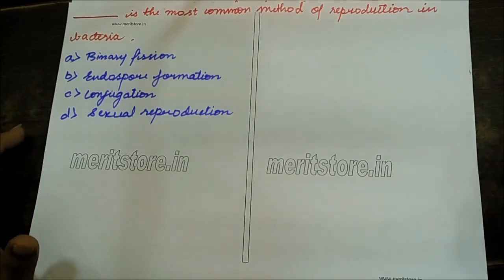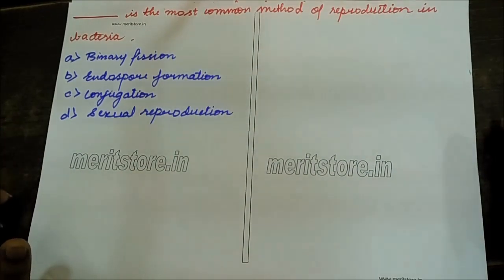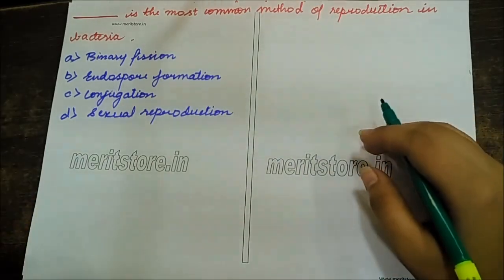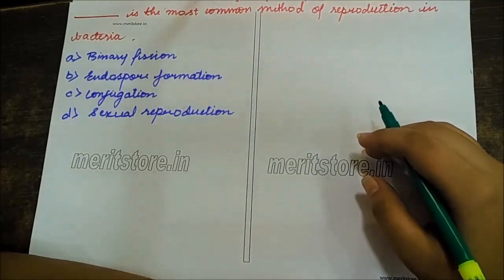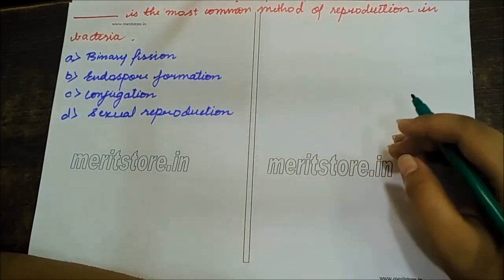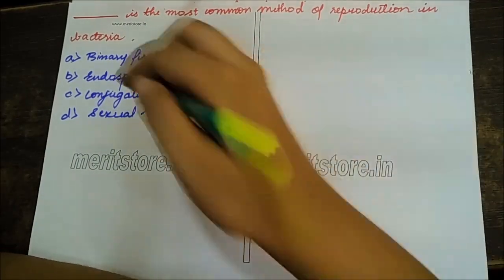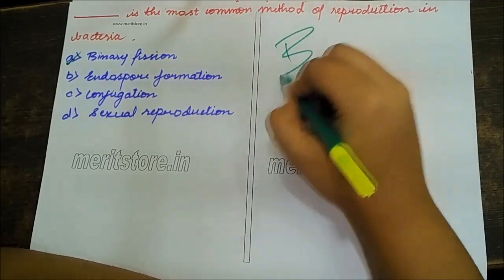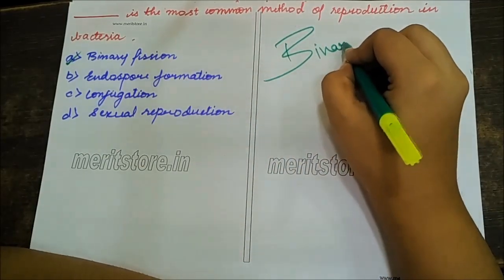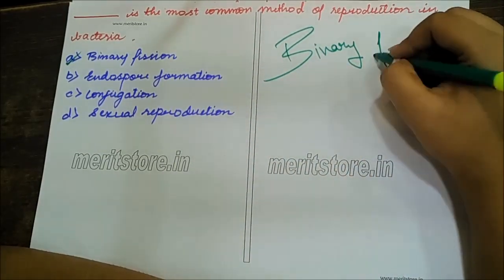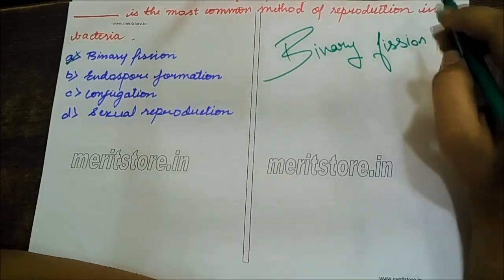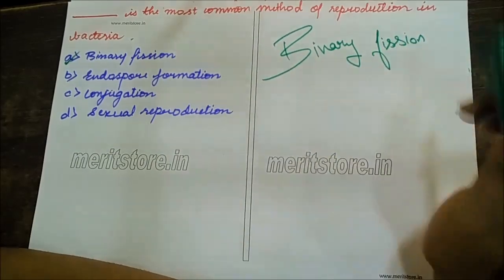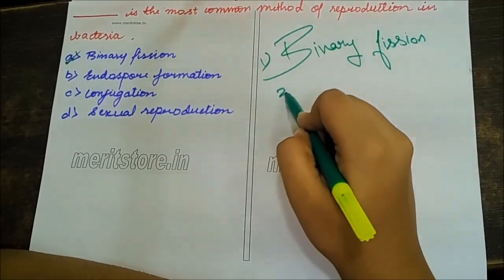Let's move on to the next question. Dash is the most common method of reproduction in bacteria. Binary fission, endospore formation, conjugation, or sexual reproduction. And the answer for this is binary fission. So reproduction in bacteria occurs by three methods, that is binary fission,